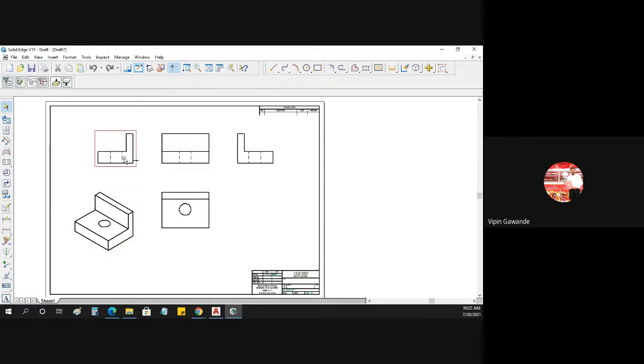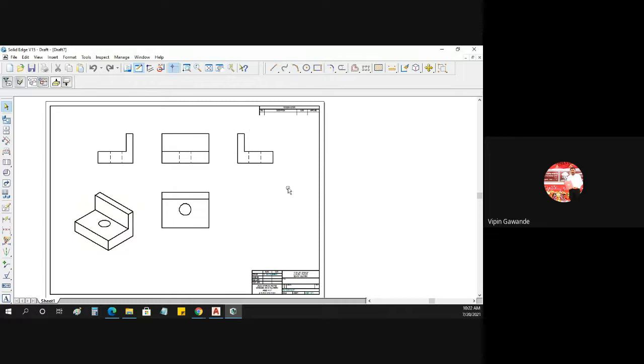Suppose this is our right hand side view because we have drawn it on the left hand side. So this is our right hand side view, and this is our left hand side view. On the right we get left, and on the left we'll get right. So in the right hand side view we'll get this L shape. And for this circular cutout, we'll get two dotted lines. Diametrically, it comes on the surface, and then we get the dotted lines. So there are two dotted lines for this circular cutout.